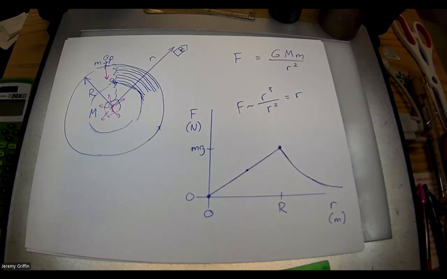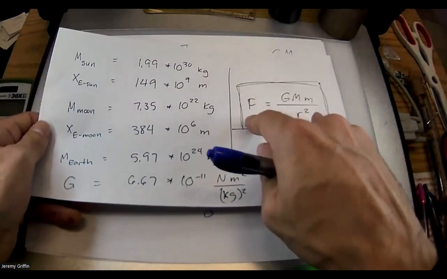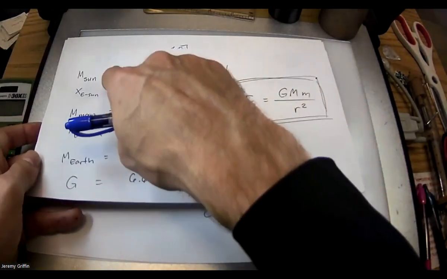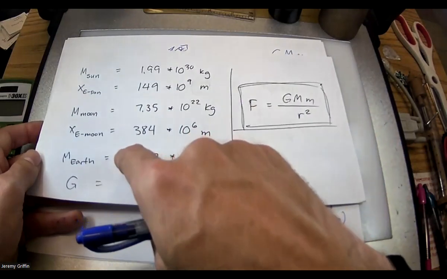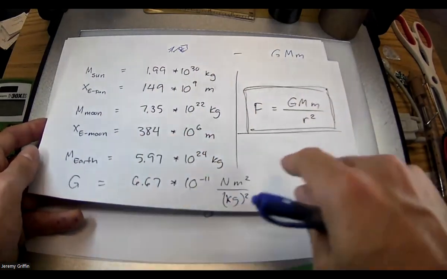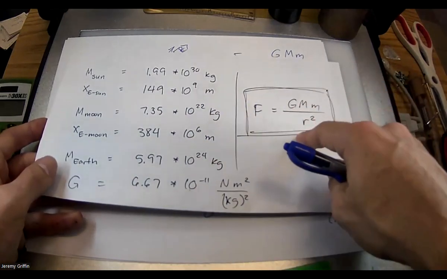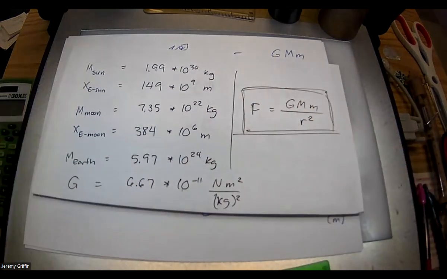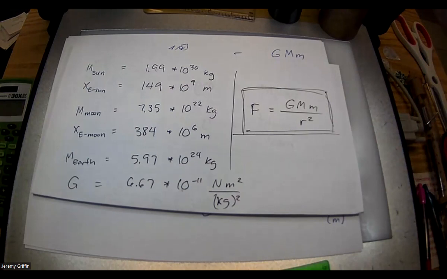Hey, what about gravity force? What if we took this F equals GMm over r squared? Right? Guys, here's the mass of the sun, mass of the moon, mass of the Earth. Here's the universal gravity constant. Here's the distance from the Earth to the sun and distance from the Earth to the moon. Suppose we pumped numbers into this expression. What force do you think is bigger, from the sun to the Earth or from the moon to the Earth? That's what I meant to say.